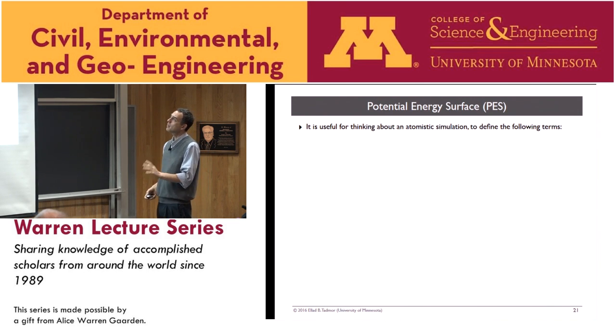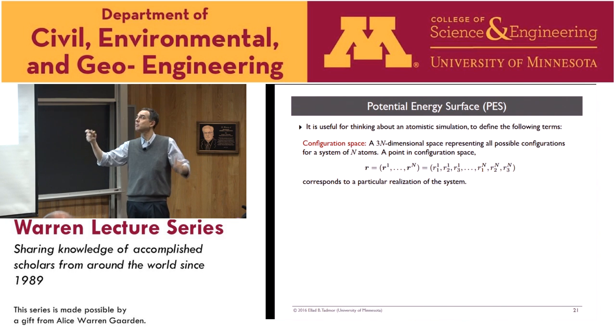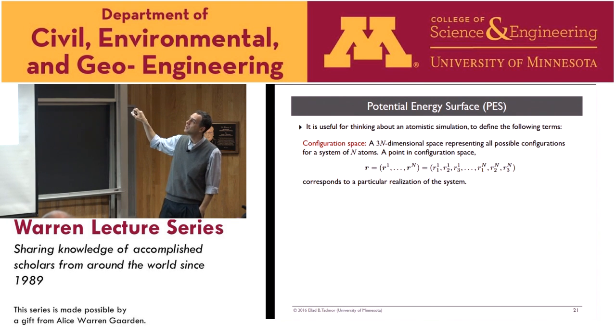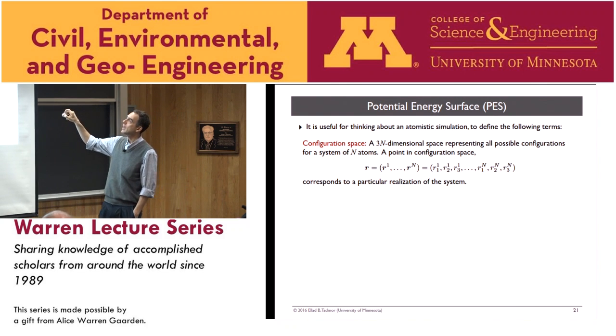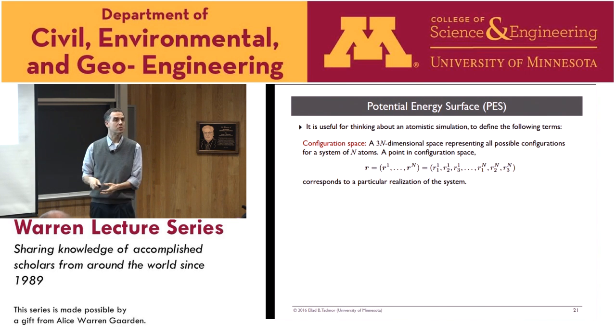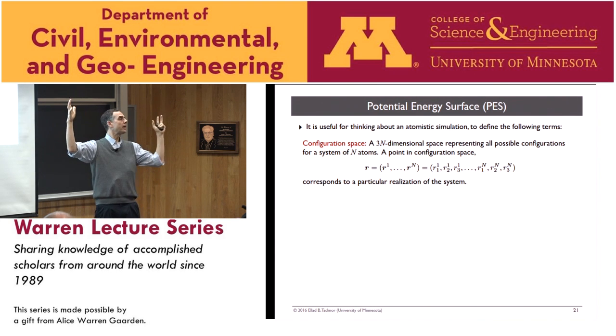So to think about that, now you need to kind of expand your mind here if you're not used to thinking about this. We have to define something we call a configuration space. So remember, I have n atoms. So to fully characterize my system, I have to give you n positions. Those are the positions of those n atoms, right? And now imagine, think of that as a point in a configuration space. So one point in a configuration space is the positions of all n atoms in the system.